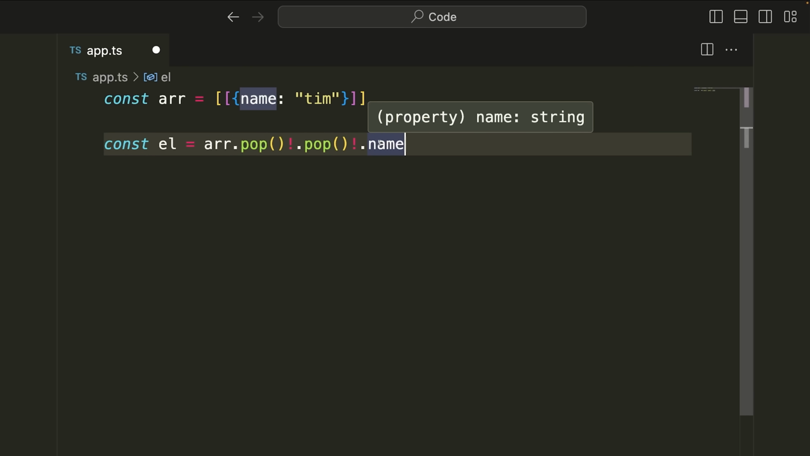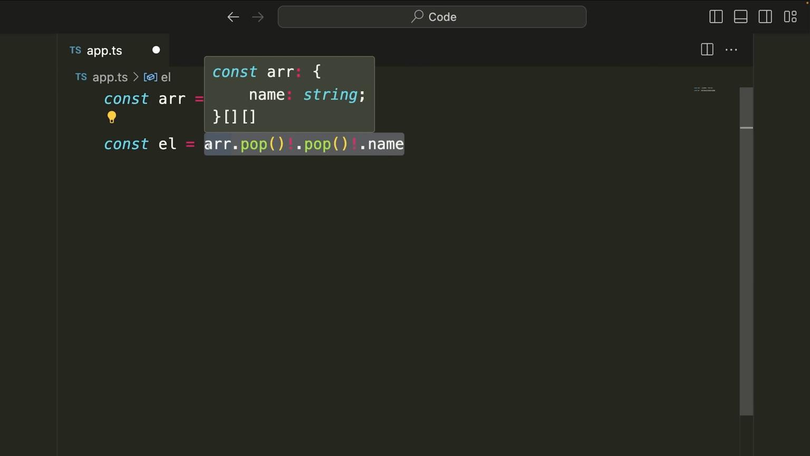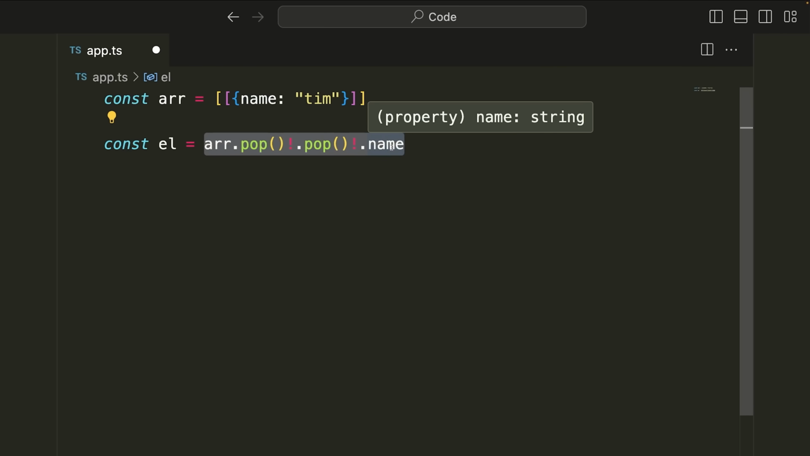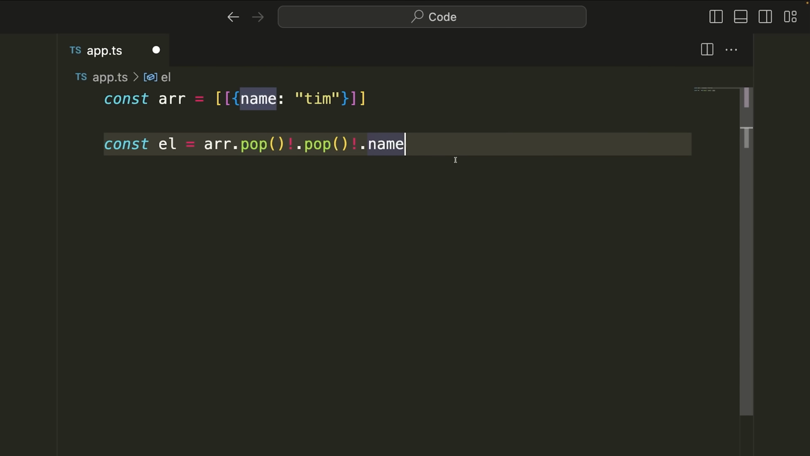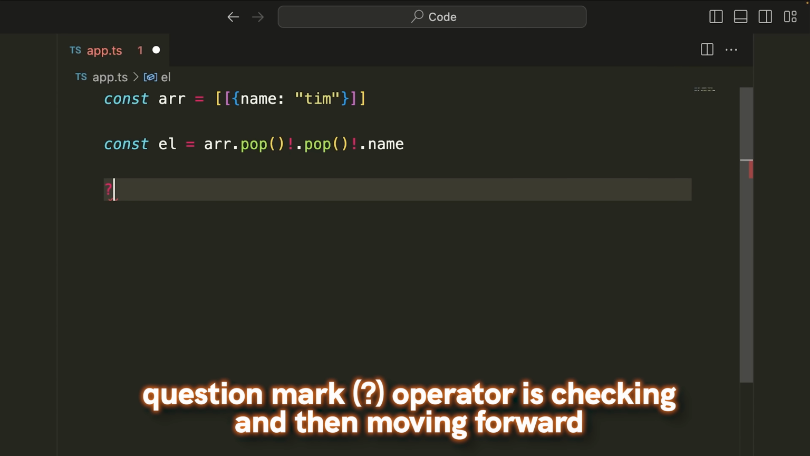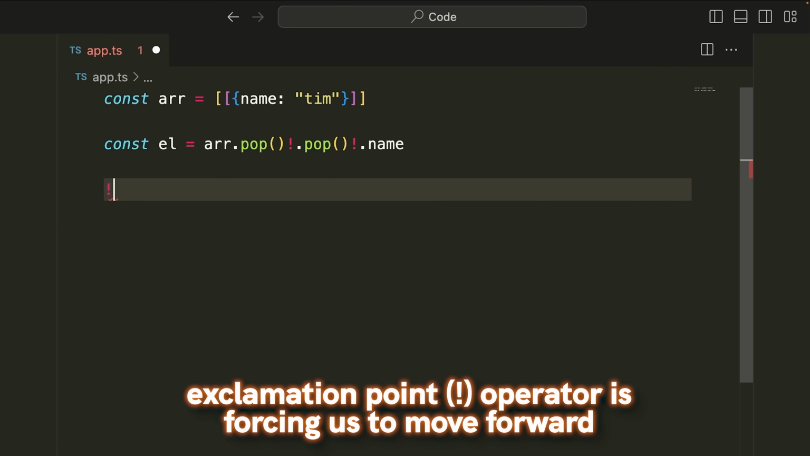Now, what that means is that this whole statement is always going to show in TypeScript that it's going to return a string because it's ignoring the fact that it could potentially be undefined. Now, this is slightly problematic, though, because if any undefineds do appear in here, we're actually going to crash our code and we're going to get an error. And the reason we'll get the error is because we'll be trying to access a property on an undefined value, which isn't something you can do in JavaScript. So to quickly recap, the question mark is checking and then moving forward,